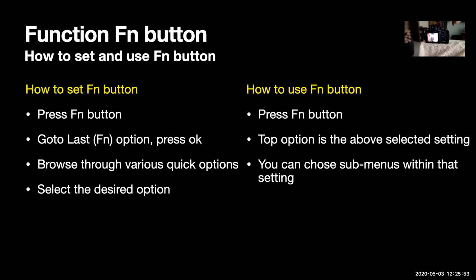Thanks. Okay. So how do you use it? Basically I showed you how to set it up. Navigate, click on the FN button. There is no menu button there. You click on the FN button, come down to the FN icon, and set it. Once you have set it up, in any mode, for example, right now I am in aperture priority mode, while I am taking a photograph, you can see the ISO displayed here. Right now I am using ISO 800.